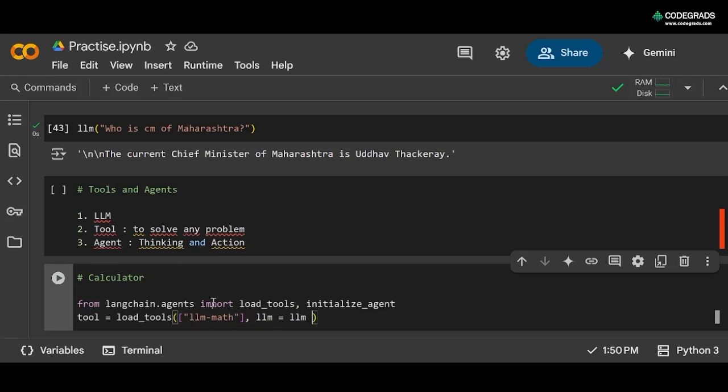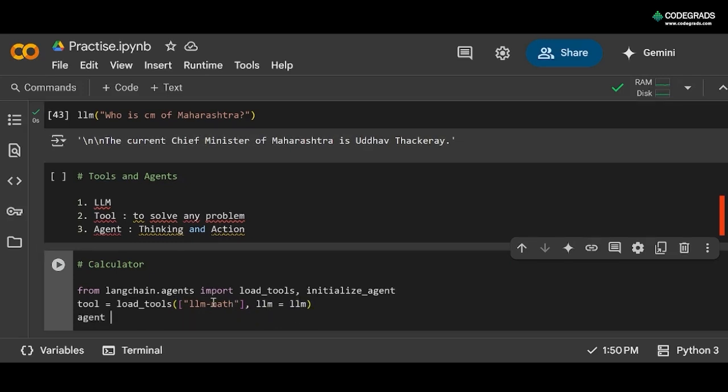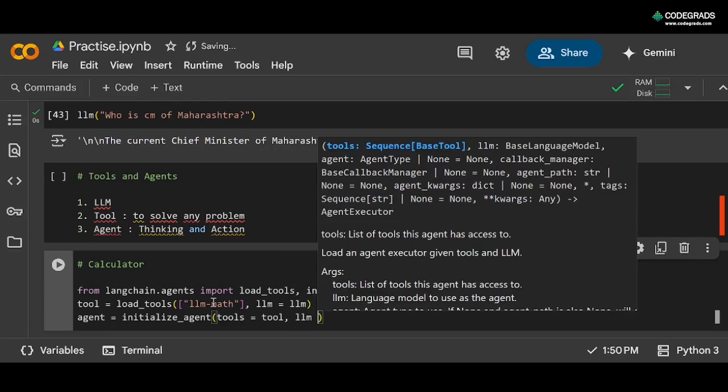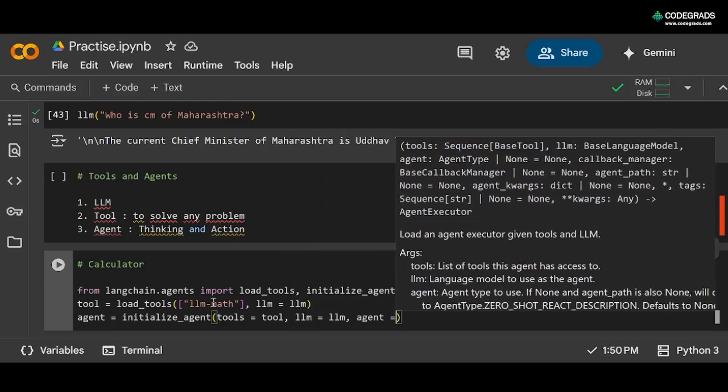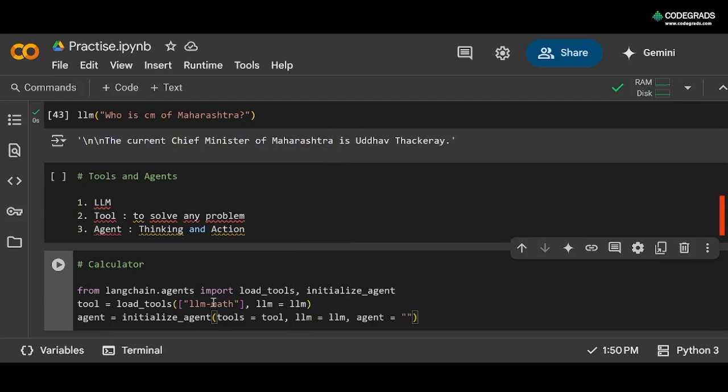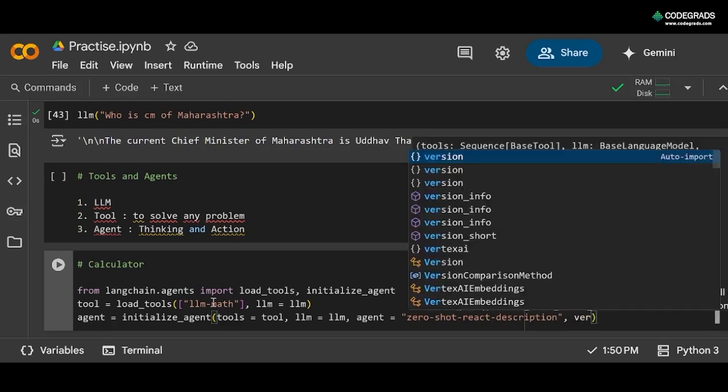LLM is equal to LLM, and after that we need an agent. So initialize agent, and we'll mention the tool here. What tool we have used here, tool for tool and LLM, and we'll mention the agent. While mentioning the agent, we will mention it as zero shot react description, and verbose equal to